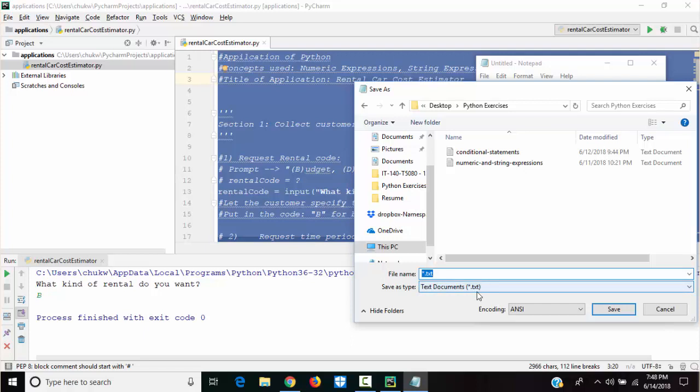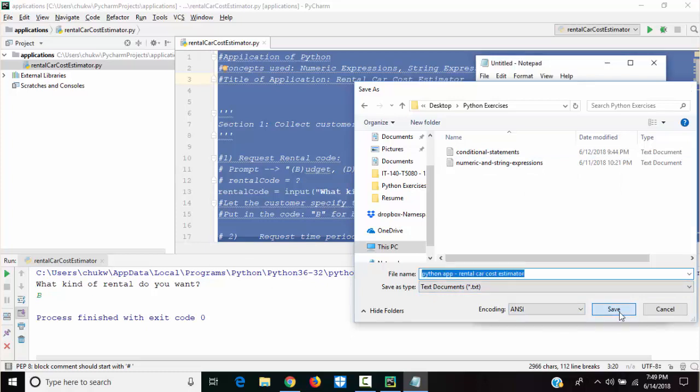I will write Python app, rental car cost estimator, and I'll save it.